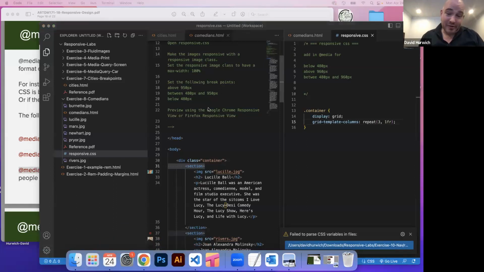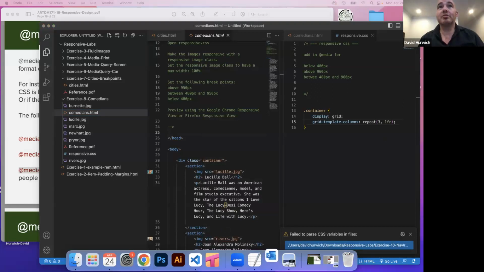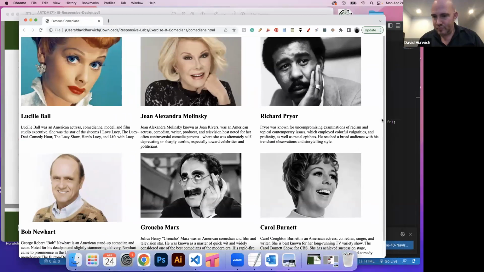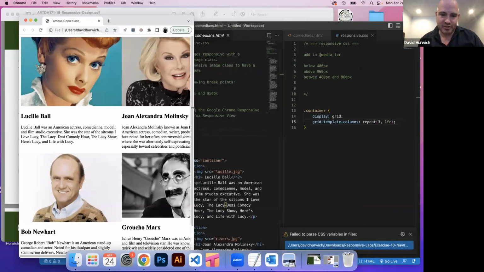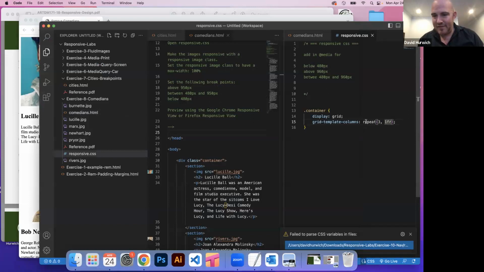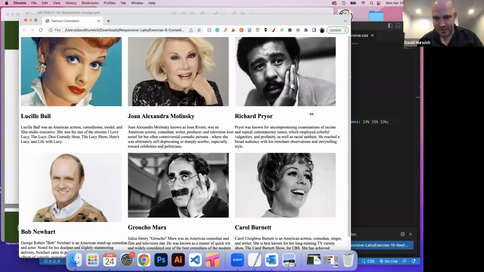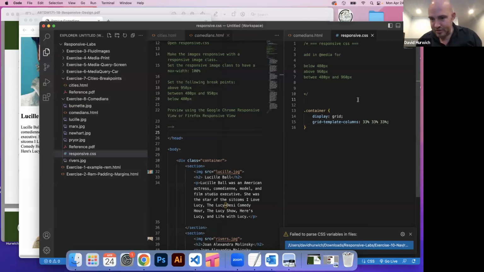All right. I also could have done 33, 33, 33. That's fine too. And all right, there's my columns. Now, eventually what's going to happen is these are going to lock because these images cannot get smaller. Had I done it like this instead of fractions, you still would have had a problem. What would have happened is the images would have begun overlapping on top of each other, which is not what we want. So the way we're going to fix that is making our images